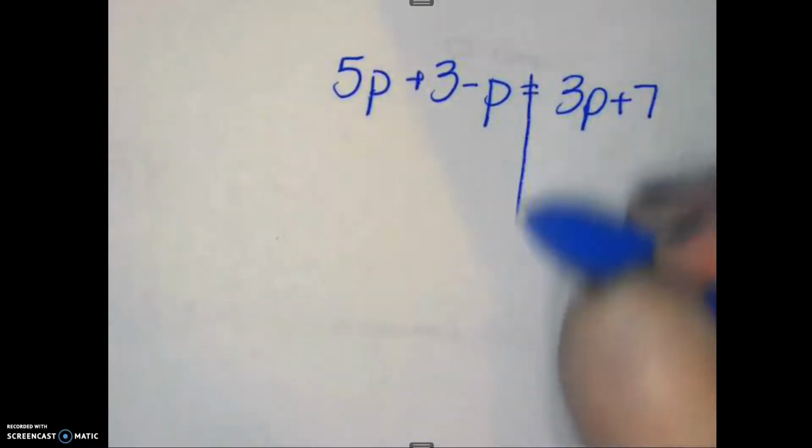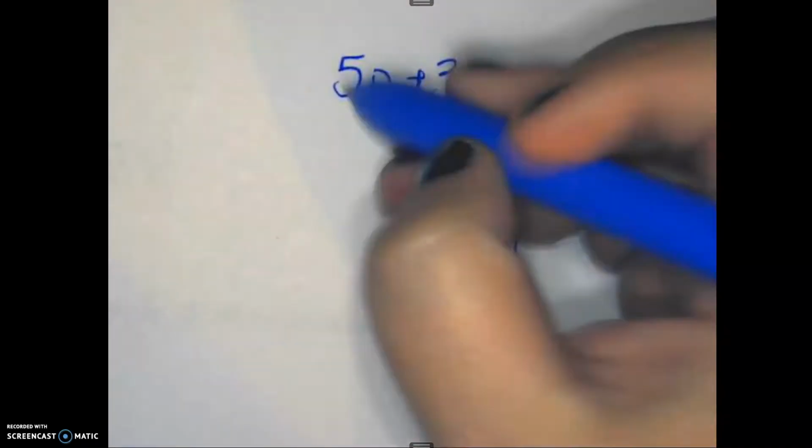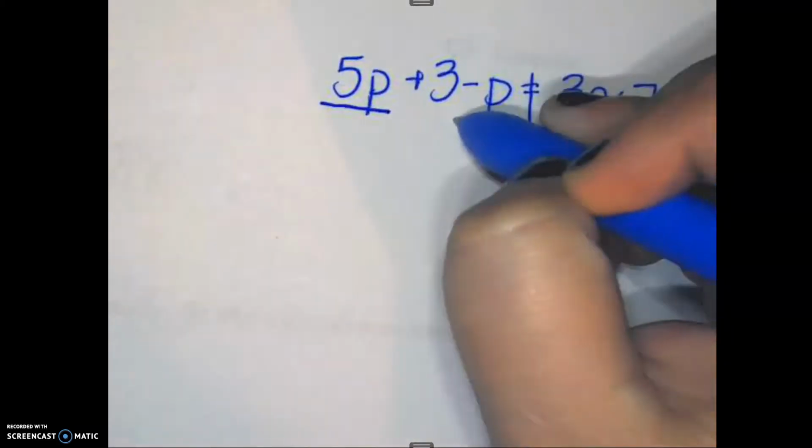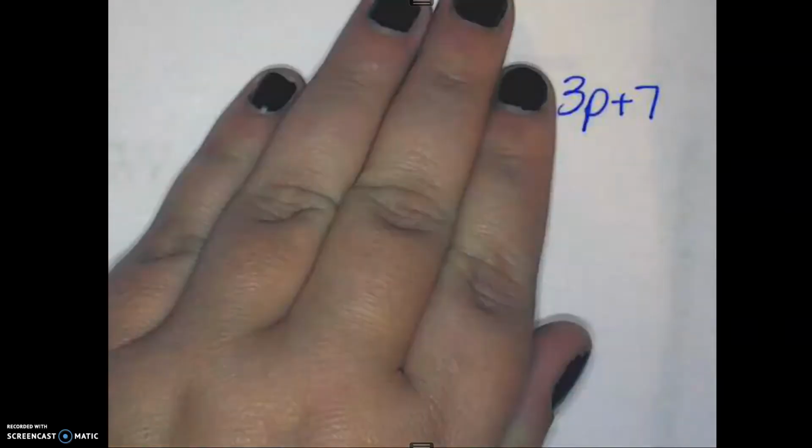Alright, we're going to draw a line. Do I have parentheses? No. Do I have multiple p's on one side? Yes, I have 5p minus p. So at 5 p's, sorry you can't see my 5 fingers, and I take away one of those fingers, I now have 4p